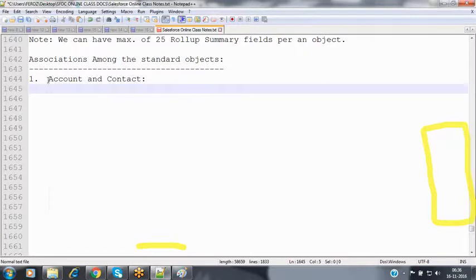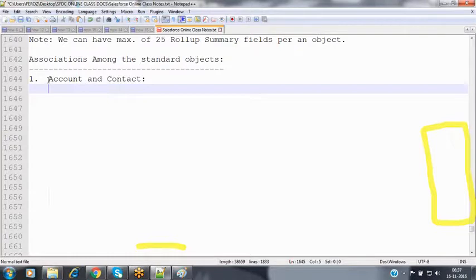Then how can we maintain the security when Salesforce is maintaining only one set of objects for multiple customers inside the same instance? That's where security comes into the picture. If each organization, myself for example, had my own account table, and Prem had a separate account table, and Ram had his own account table, then there would be no need to maintain security, because it's my table, only I can access it. Nobody else is able to access it. But if I have a common table, at that time security comes into the picture here.